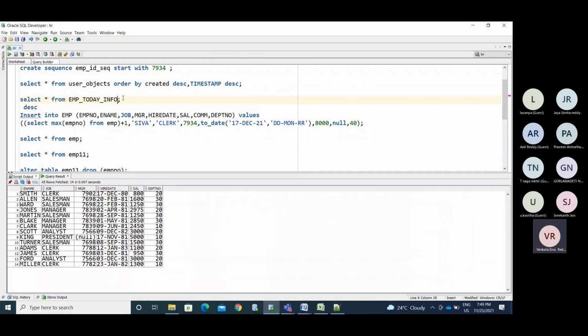Now we have the data in this table. Treat it like, as I said, a LAN table. If you have the data in a file, you load that file to the table. In a similar way, we can do this in the SQL loader concept. Take the input file, load the data into some LAN table, and from the LAN table move it to the stage. If you want to load any client data, you cannot directly load it into the main schema and main user.